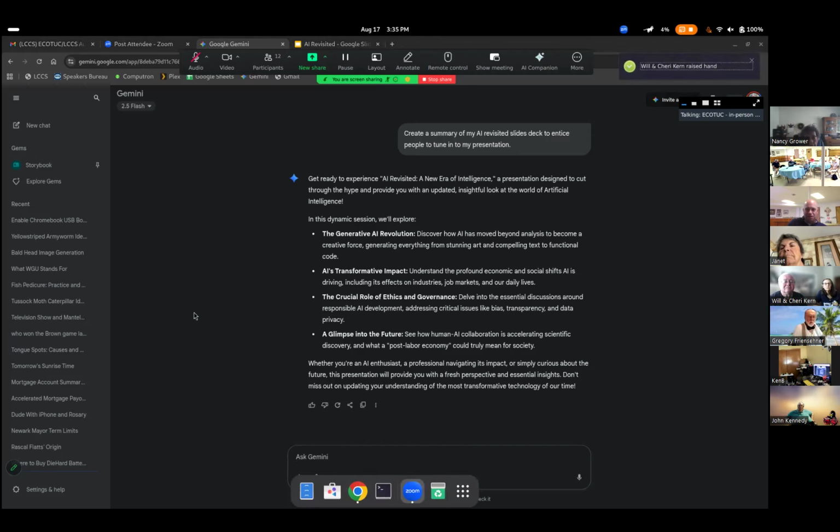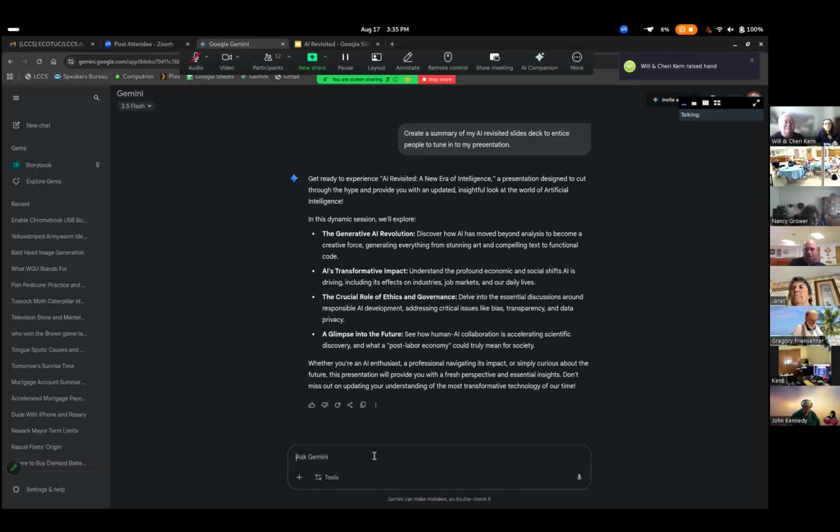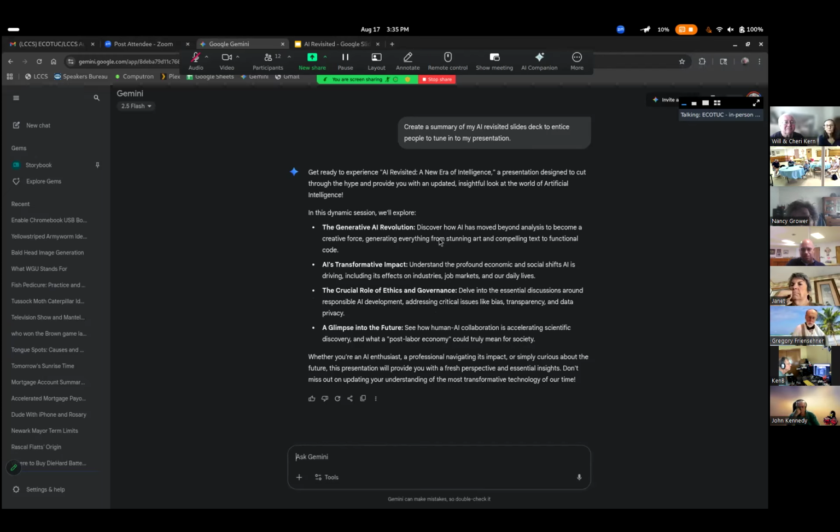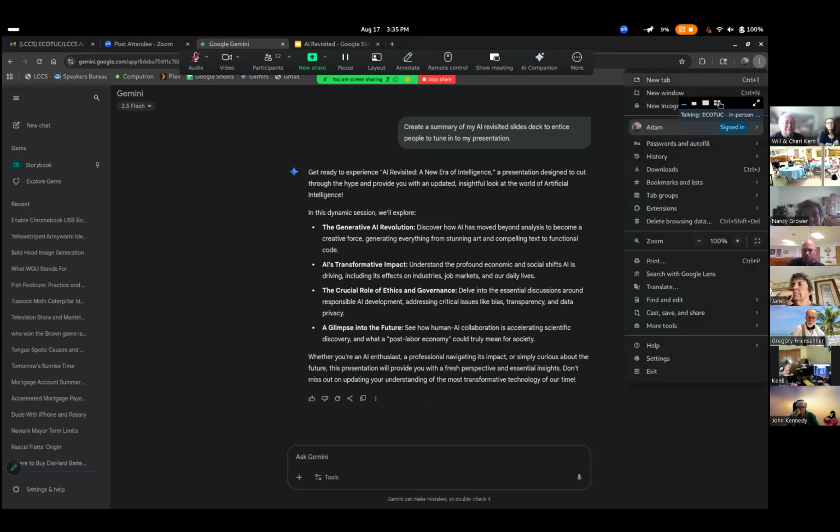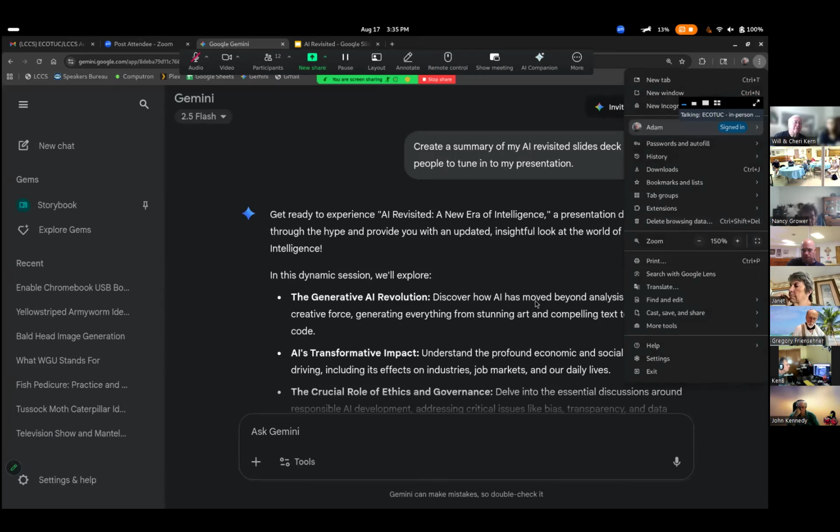Can you guys see my screen again here? I think you can. So looking at my screen here, this is my Gemini website interface. Maybe I need to zoom in a little bit. Is that your favorite go-to? I like it just because I'm on Google for everything else and it makes it kind of handy. Let me see if I can zoom it in a little bit here.